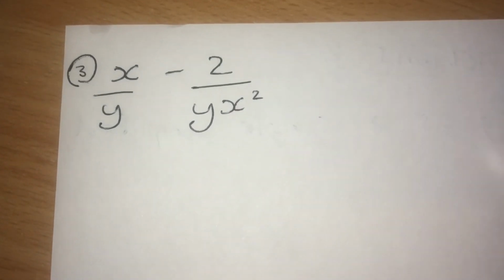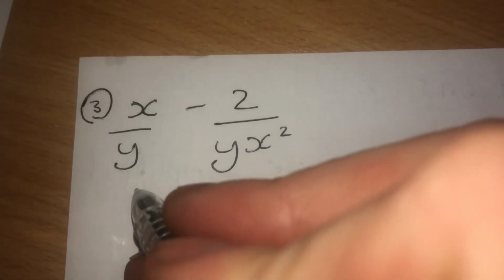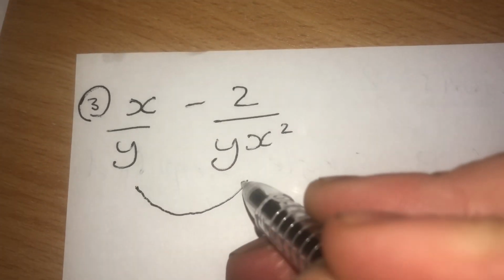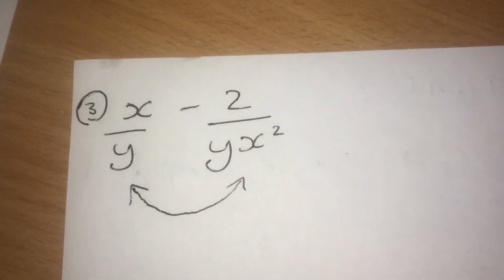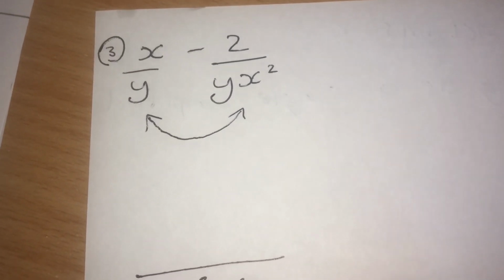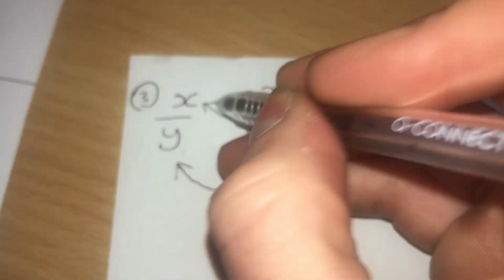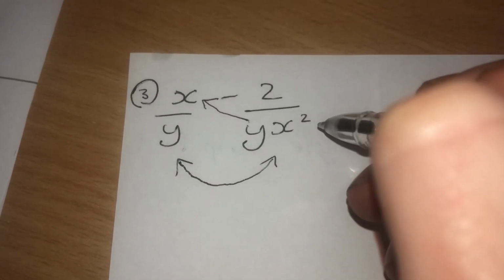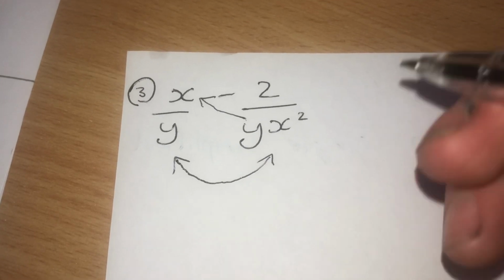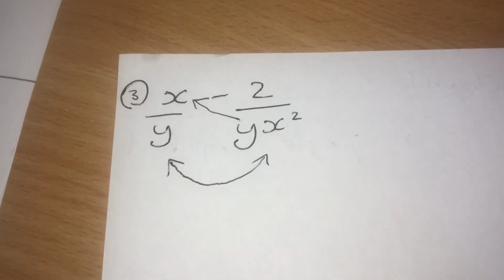Okay. The next question, again, just working our way through these, making them gradually harder, but the method is the same. It's a subtraction this time. So I multiply my denominators. So y times yx squared gives me y squared x squared on the bottom of our single algebraic fraction. Okay, cross multiply, so bottom right by top left. So yx squared times x gives me yx cubed. Remember to take away, minus